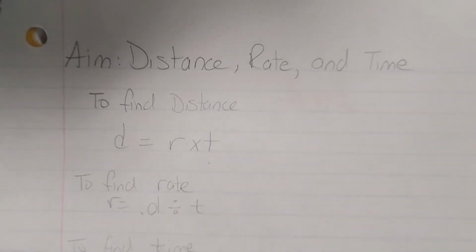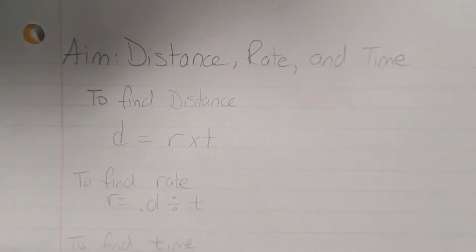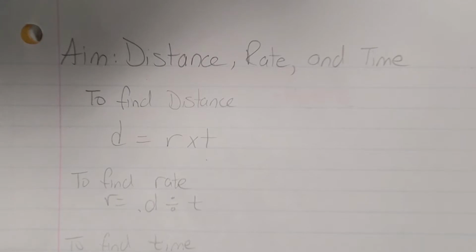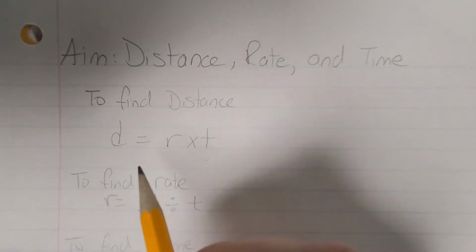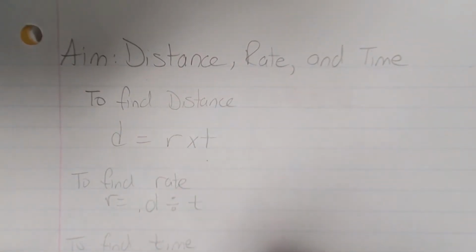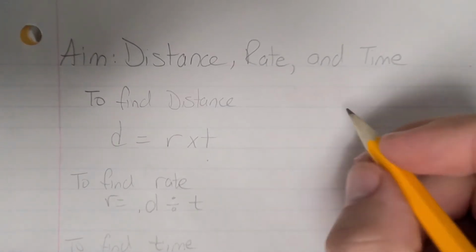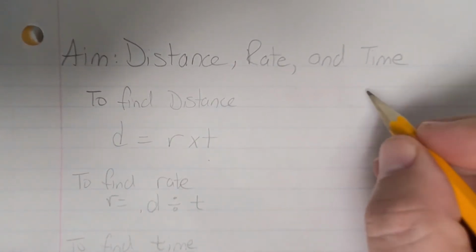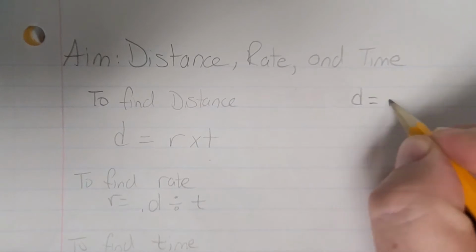Hi everybody. So today we're going to be talking about distance, rate, and time. Now these three things do have a direct relationship to each other. Generally, we have it as distance equals rate times time. Alright? So, you could also have this written as D equals RT,